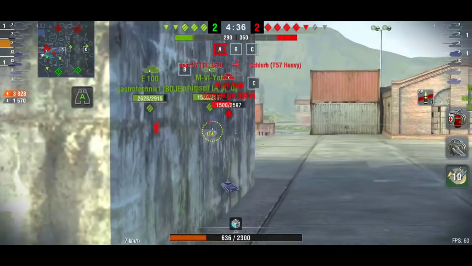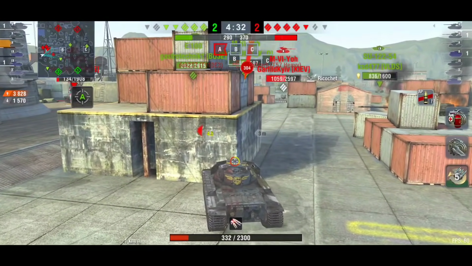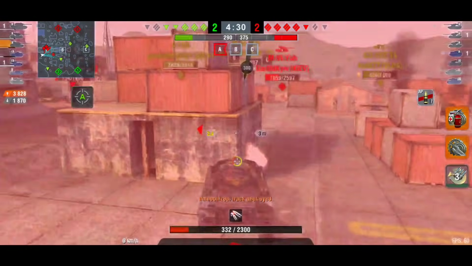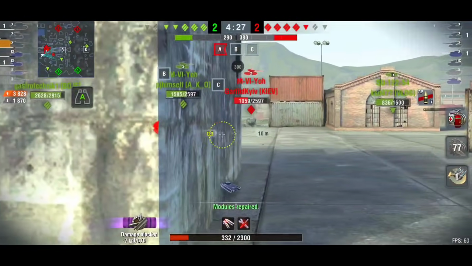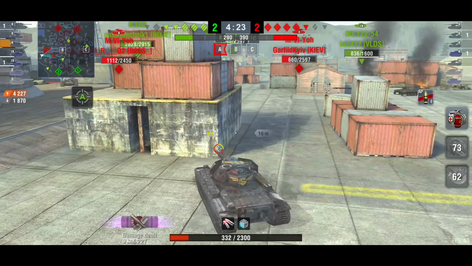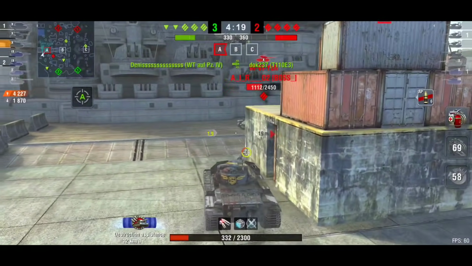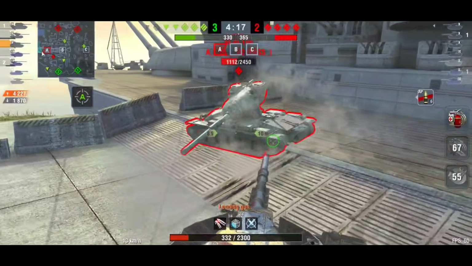But there is the M6 Yo over there, which I'm pretty scared of. I get the bounce, and I'm not angled as I should be, so I do get penetrated. But you can see there, I get another bounce. So now I've blocked 1400 damage. I'm on 4.2k damage. There goes the E3,